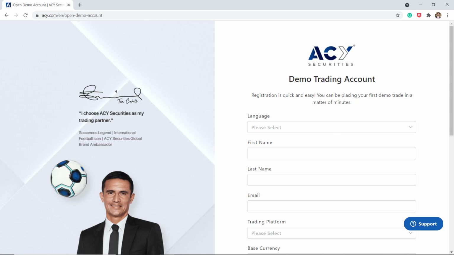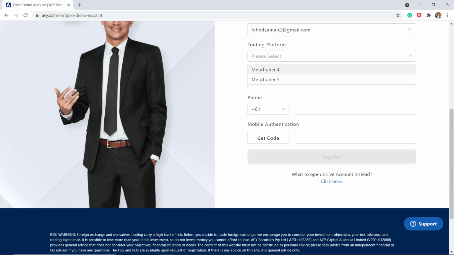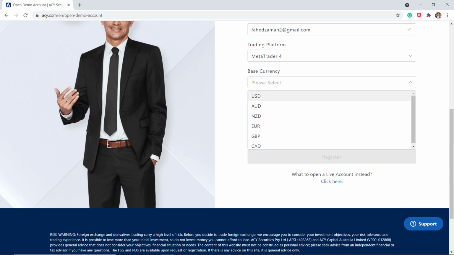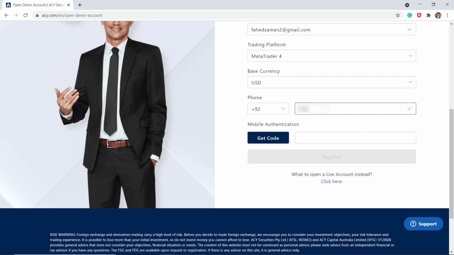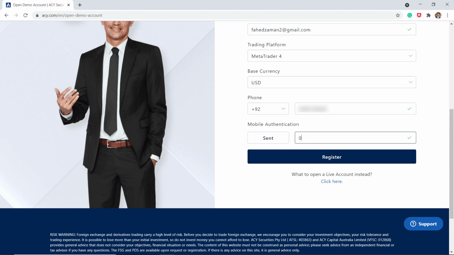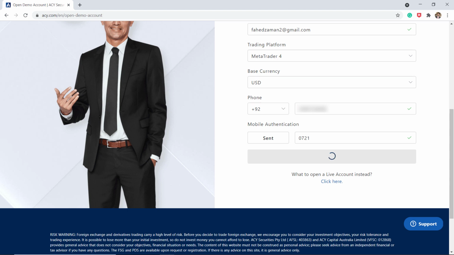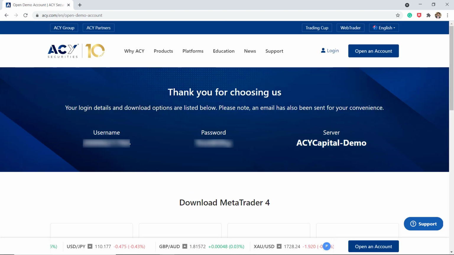Next, fill out and submit your personal information such as your name, email address, preferred platform, currency and your mobile phone number. After you have submitted your information, you will be redirected to a page that displays your login information.